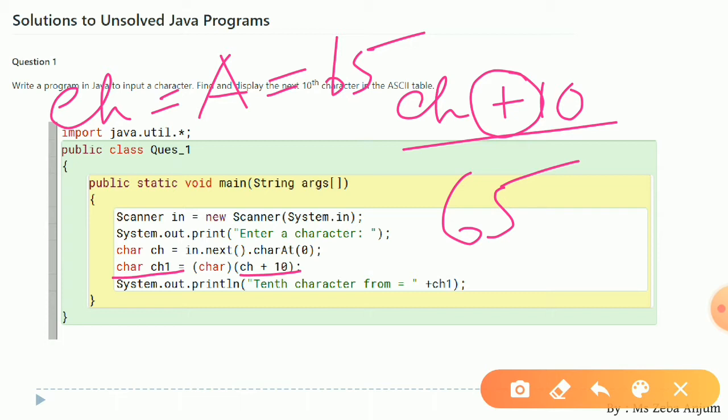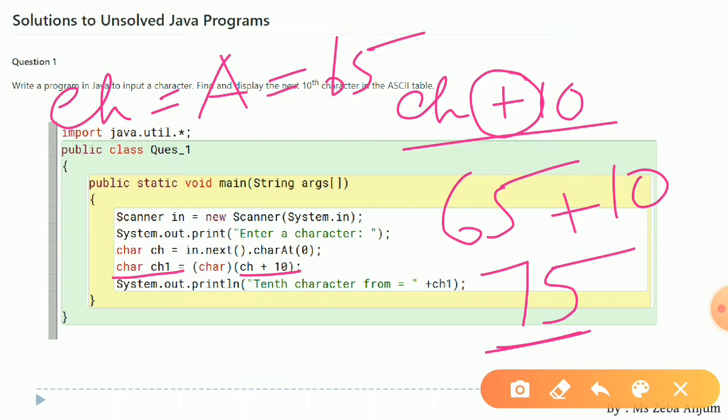So the appropriate ASCII value of ch was 65, and here it is going to use 65. Now ch plus 10 is going to give you 75. And now this 75 is again a numerical quantity.